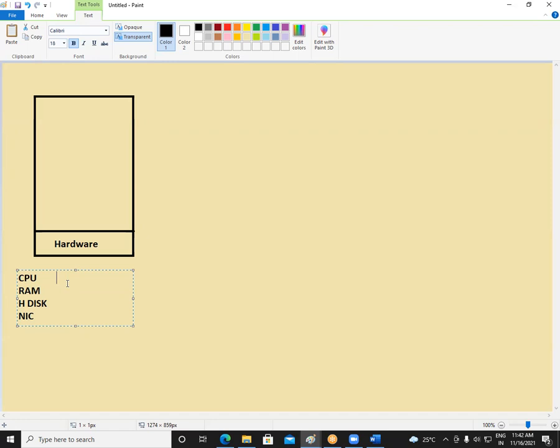Now, there are different families and different generations we have in CPU. Like there is the i3 processor, i5 processor, i7 processor, and nowadays we have the i9 processor also, right? These are some of the processors we have: i3, i5, i7, and i9. If you take any computer or laptop from the last 7-8 years, you will get a minimum of i3 processor or above. You may get i3 or maybe i5 or maybe the latest i7 and i9. This processor defines the speed of your machine actually.